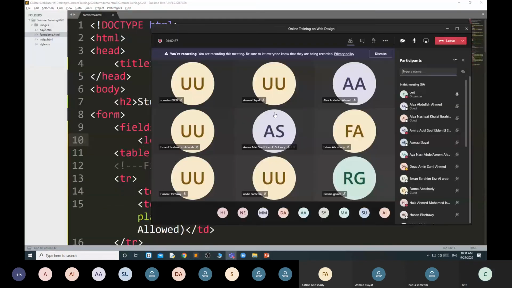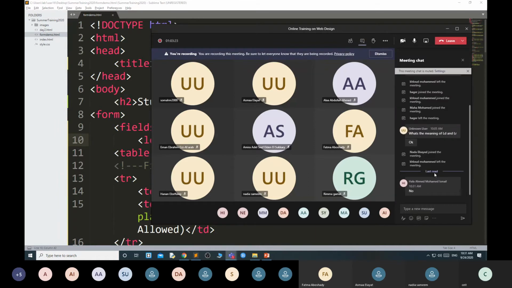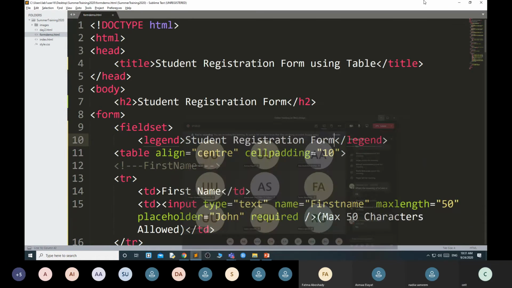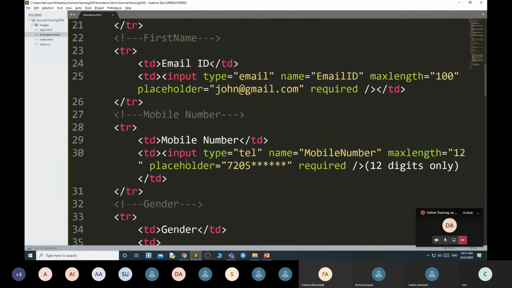Okay, anyone having any doubt? Then we will go for a little bit of styling. We will do a little style to this particular form. Any doubt, anyone? Okay, then